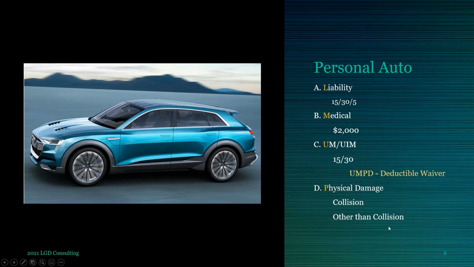Other than collision is damage to your vehicle from losses other than collision or upset. Okay, that means a tree falls on your car, that's other than collision. If you drove into a tree, that's a collision claim. Okay, someone steals your car, that's other than collision. All right. The most common other than collision loss would be windshield chip. Okay, pay a deductible, we replace your windshield. Okay, other than collision, usually a lower deductible and your rates are not going to go up because it's not your fault. All right, so when someone says they have physical damage, they have both of these on the vehicle.